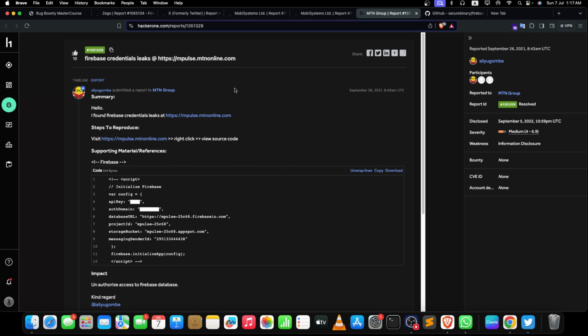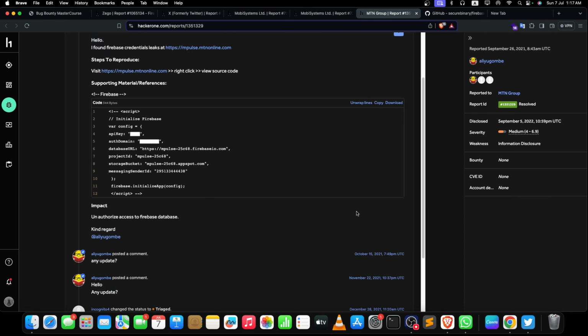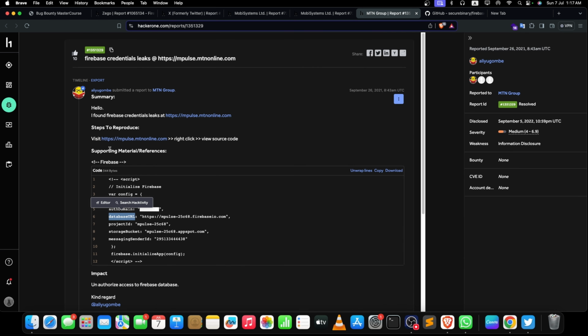Now one more thing we got is MTN group, Impulse, right? Now we're also trying to find some sort of Firebase things in it, and we can find the Firebase database URLs here, and that was unauthorized access to it, and we can create proper inputs to it and do some changes. At least if there are no changes enabled, we can at least read and write the data, and that can be a very important feature of it.